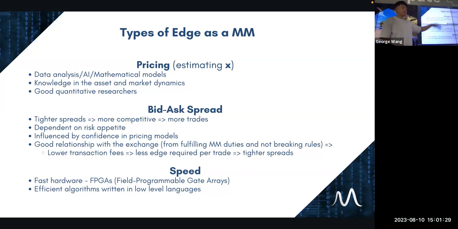We have three main things here, which kind of follows from what I talked about before. Number one is pricing, and that is estimating our theoretical value itself, right? So you can probably see very easily that if you have a better theoretical value that's closer to the real value,